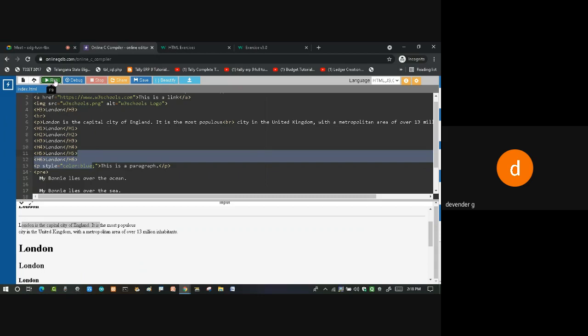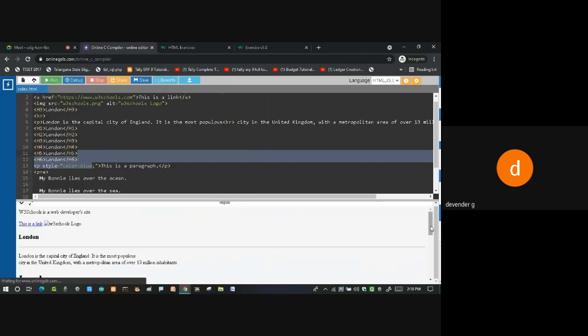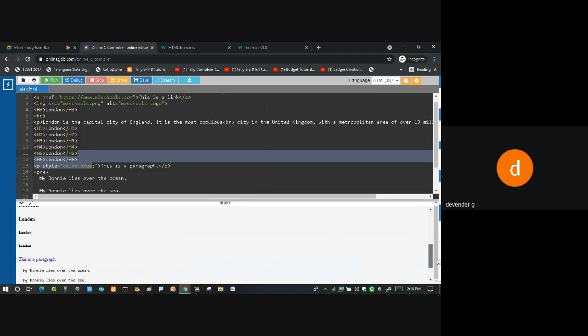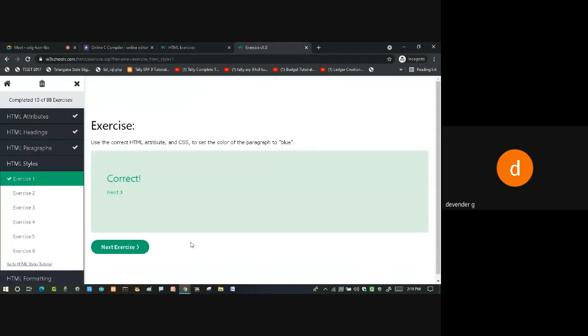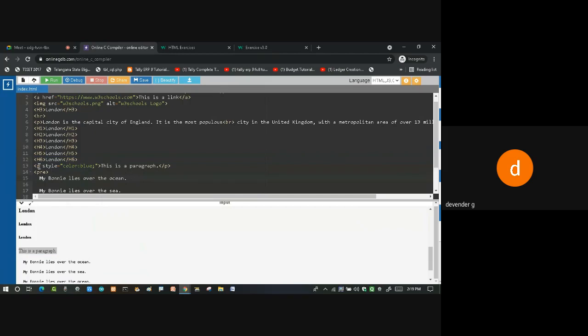Now let's check whether our answer has got blue color. Let's see. This is a paragraph which got a blue color, and we'll see whether our answer is correct. So we can see the answer is correct for us. What have we written? It's an inline style. So the topic has come over here. We are talking about this: if you write style as an attribute for the particular tag, we call this an inline style.